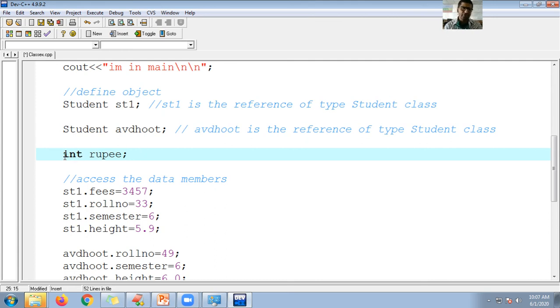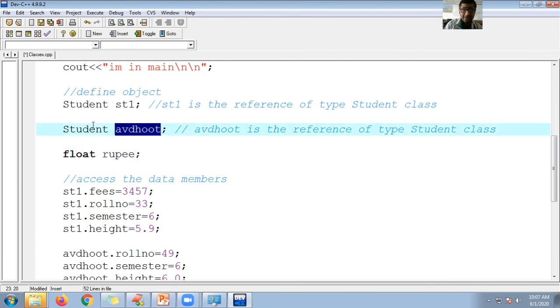Yes, if you want to go for float, you can go for float. If you wish to create a float, yes, some 10 rupees 10 paisa or 10 rupees 50 paisa, right? But tell me, what is the type of rupee? Float, right? Now rupee is of type float.